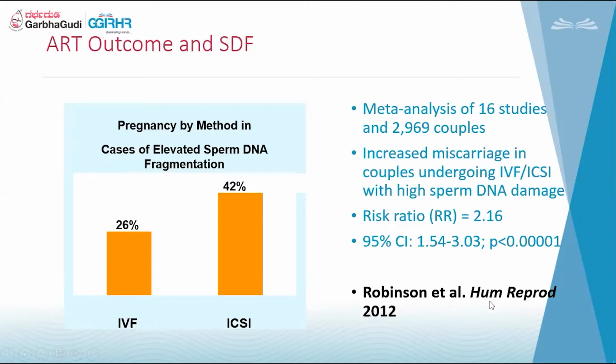DNA damage. So there are studies which we do, which say, now I have 4 patients, and one patient I'll do MACS, another PESA I'll do, and another. There are studies which say that the percentage of DNA damage will be less in PESA because you're directly taking it out from the epididymis, correct? And then the next study says MACS. So there is so much out there. In MACS, what happens? Anyone know? Any clue about MACS? So basically in MACS, what happens?